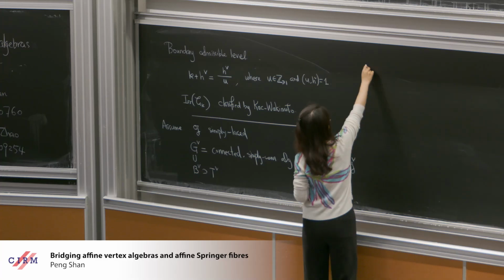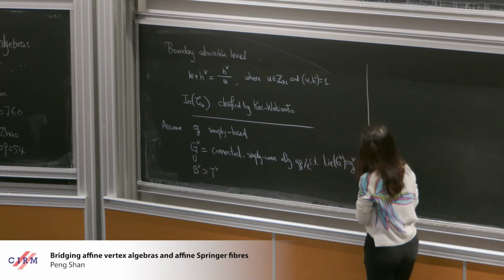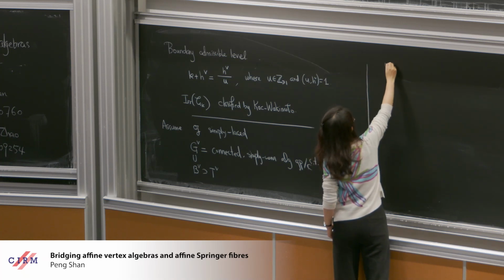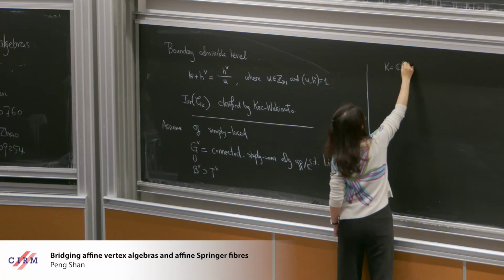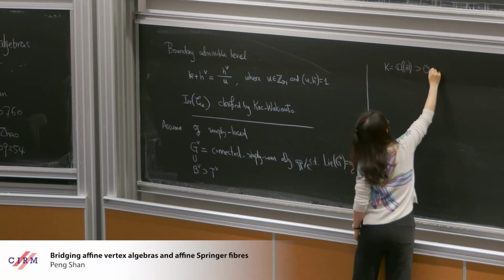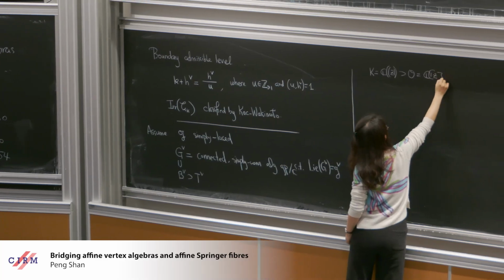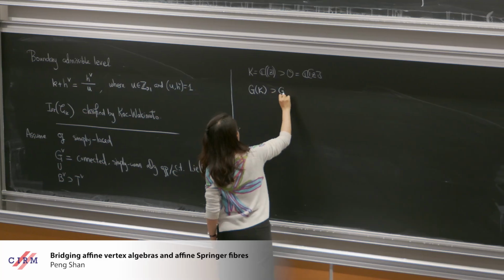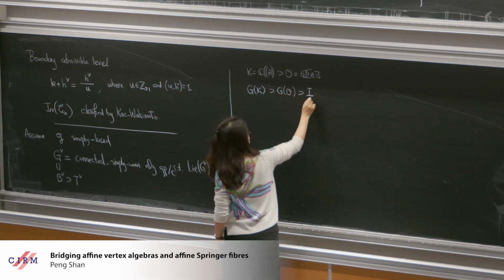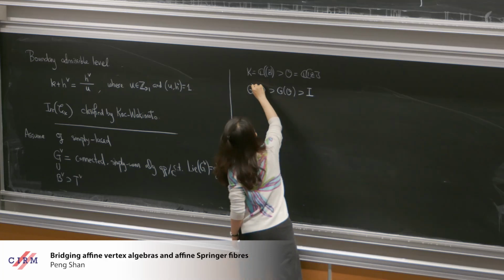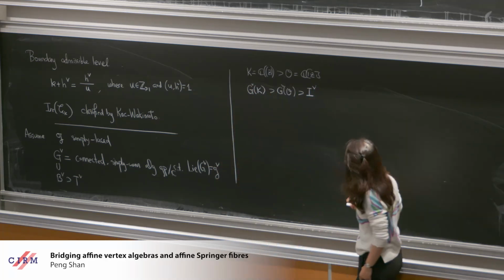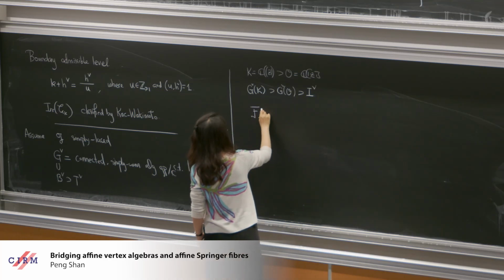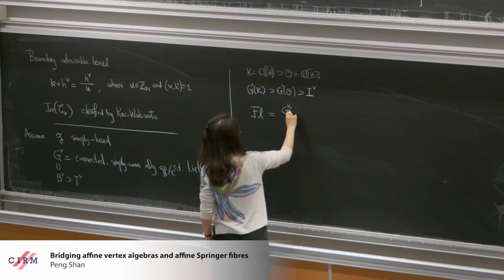And so as we have seen several times, we can consider the affine flag variety for this group. So let me just fix some notation. I have G check, the loop group G check K, G check O, and the Iwahori subgroup, which is the pre-image of the Borel under the evaluation map. And so we'll consider the affine flag variety, which is G check K mod